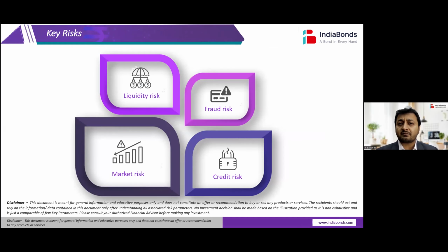What are the risks? Are bonds also not risky? Every investment asset class is risky. Real estate is risky. Gold is risky. Or not risky, I would say gold has risk. Real estate has risk. Equity has risk. The same way bonds also have risk, right? These are liquidity risks, fraud risks, market risk, and credit risk. I'll not take too much time because a lot of people have raised queries and we want to move on to that. We have 20 minutes remaining and we have over 100 plus queries, which we will try to run through.